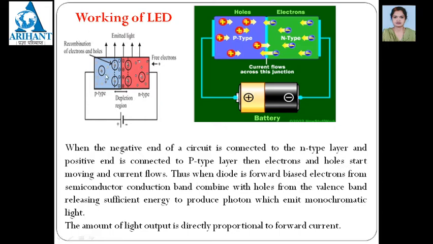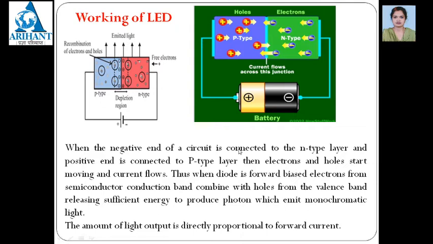When it is forward biased, it should emit light by recombining the electrons and holes in the depletion region. When more and more holes are coming into the P type, they are attracted towards the electrons in the N type and get recombined with each other, and when they recombine, they emit light. You can see here, the positive holes go here, the negative electrons come here, and current flows across this junction.